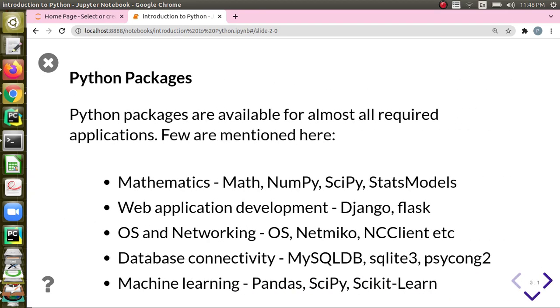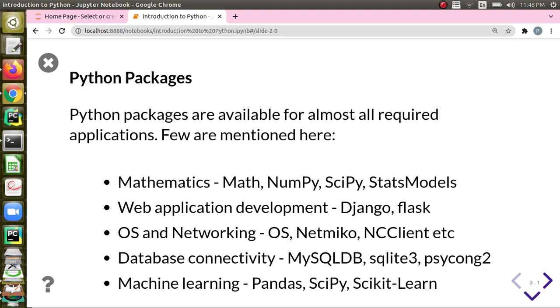And you may wonder why Python is so popular and why so many people are talking about Python. The reason is it has a lot of packages for almost all the applications that are being built. For all kinds of people, there are packages. When we look at mathematics or mathematicians who are working on it, we have the math package which comes by default.